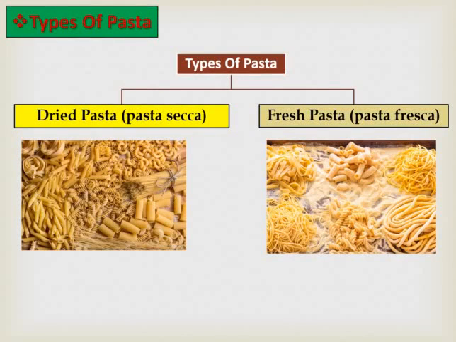Next is the types. You can categorize pasta in many forms. In this PPT you will learn how the material is stored in a certain manner. In categorizing pasta, two types are available. The first one is dry pasta. It has a longer shelf life, and you can store it for a long time. Another one is fresh pasta, which is for instant making and cooking. In Italian terms, dry pasta is known as pasta secca, and fresh pasta as pasta fresca.